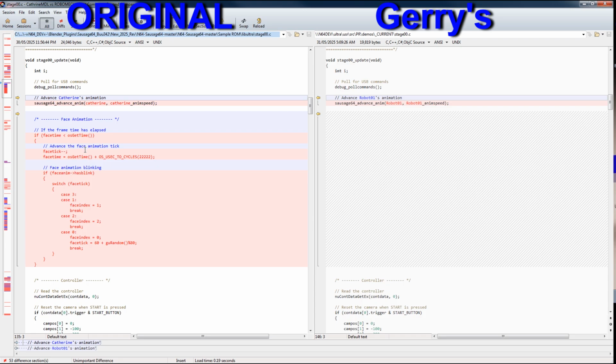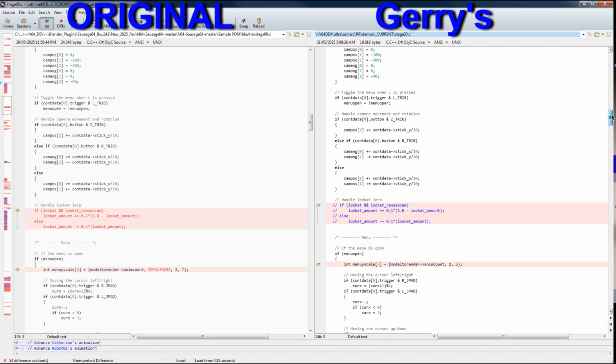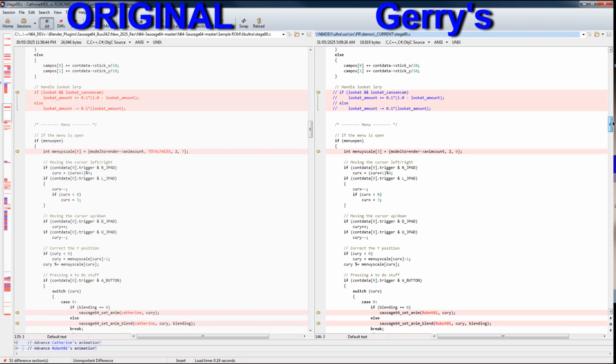Okay. Now this whole entire function that he's got here, he's got a big conditional if statement here, and it's all relating to face animation. I've just deleted it, right? So that's why there's this big gap here. It's just showing you that. But when you actually look at the file, it won't. It'll cut that out. Okay, so that's 146. Scrolling down, we have the controller conditional statements, and that's pretty much all the same until